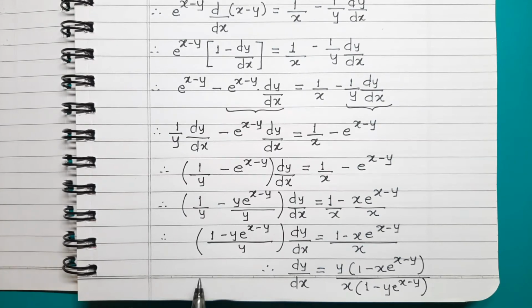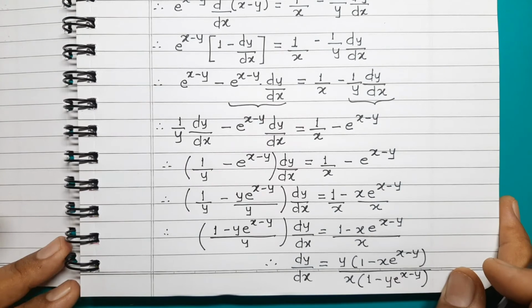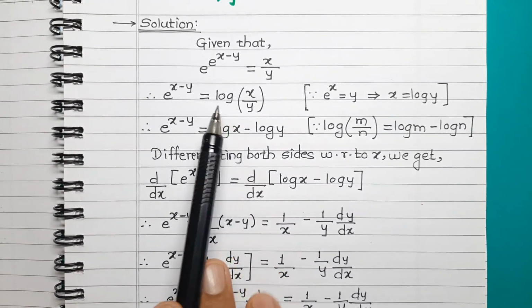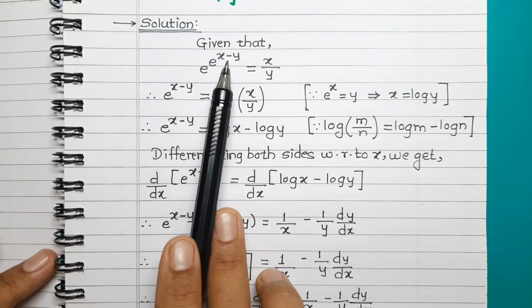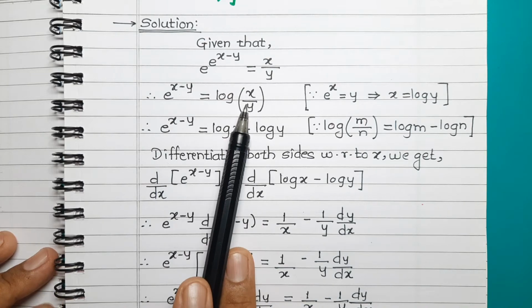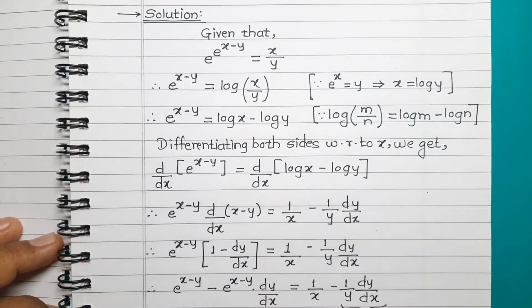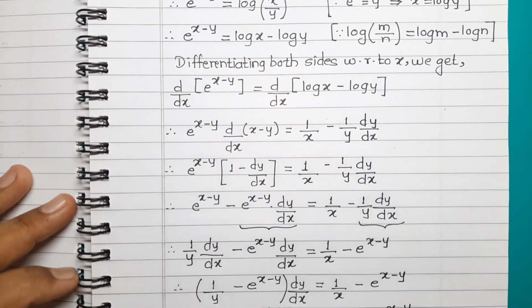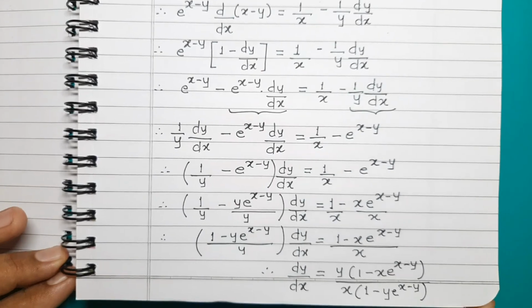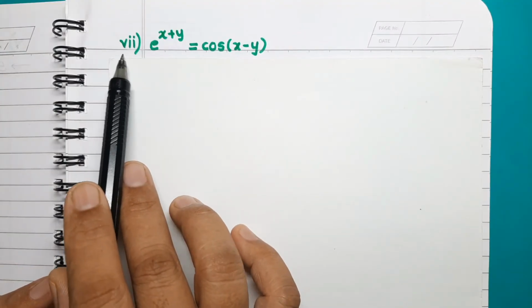Students, I hope all of you are getting these calculations. Okay, it's easy. Here it is important to note this step. At the starting we have converted this exponential form to logarithmic form. So you note this step properly, otherwise the remaining calculations are very simple and easy. So try to solve this problem on your own. Now let's solve sub question 7.